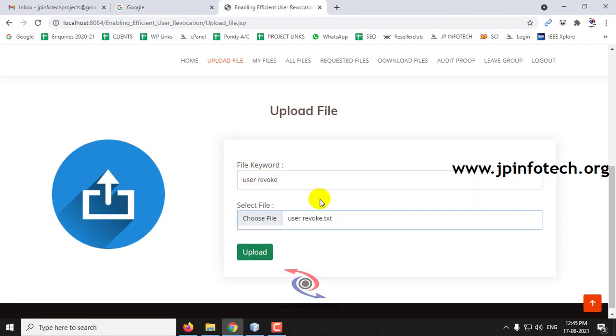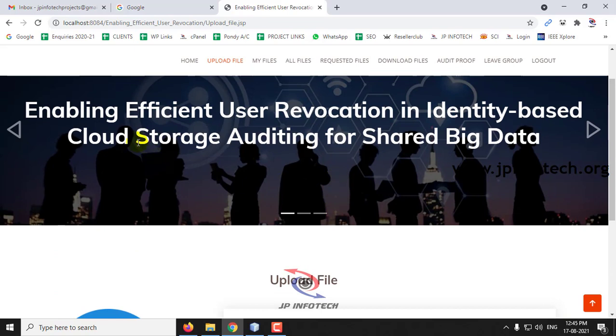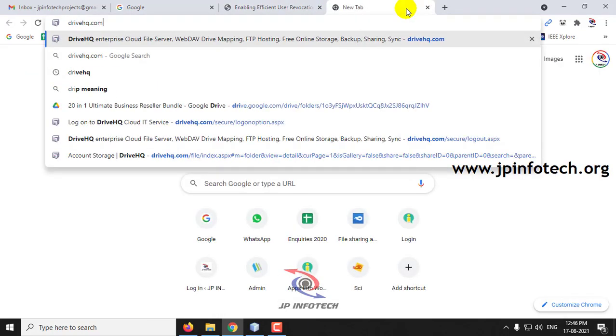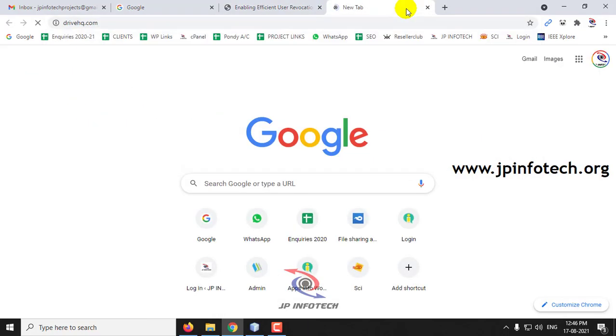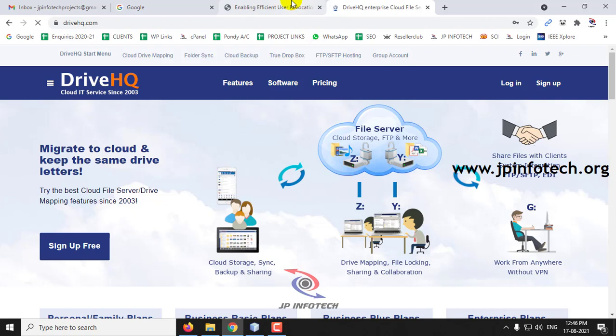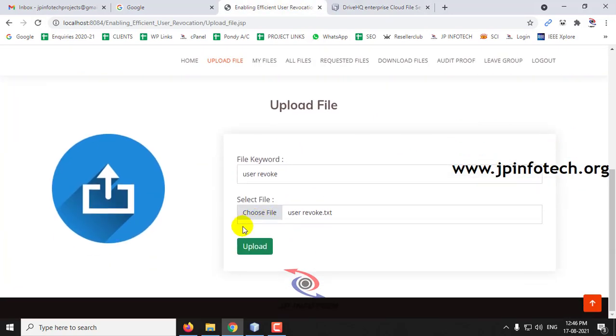Before that, kindly note that this is a cloud storage project, a cloud based project, so your file should be uploaded in the cloud. For that purpose, we are using the Drive HQ cloud service provider where our files will be uploaded locally and also in the cloud. Let me show you that also. So first, let me upload here. Click upload,